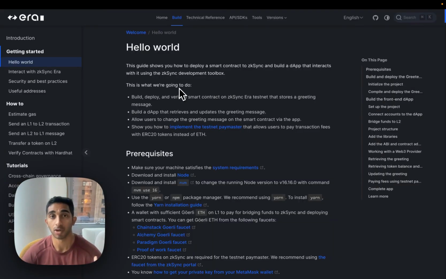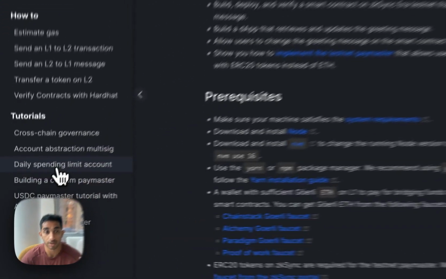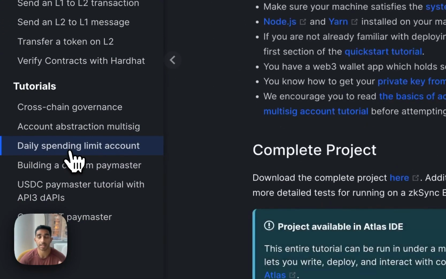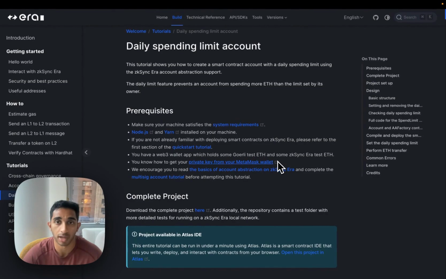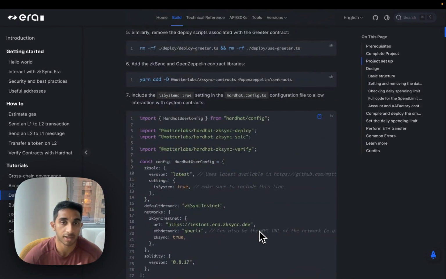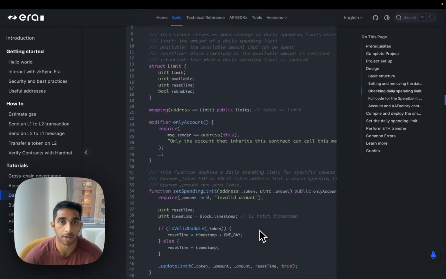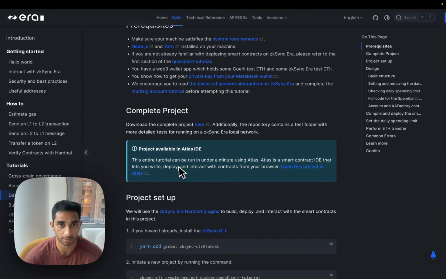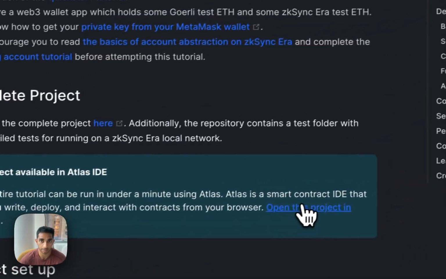To show off writing more complex deploy scripts, I'm going to come over to the zkSync docs. We can see here they have a bunch of tutorials. I'm going to come over to daily spending limit account. This is a smart contract wallet that gets deployed, and links and calls functions on the smart contract. So we can see there's a long tutorial here that I'm not going to go through, but the cool thing is the project is available in Atlas. And so we can open up this in Atlas,